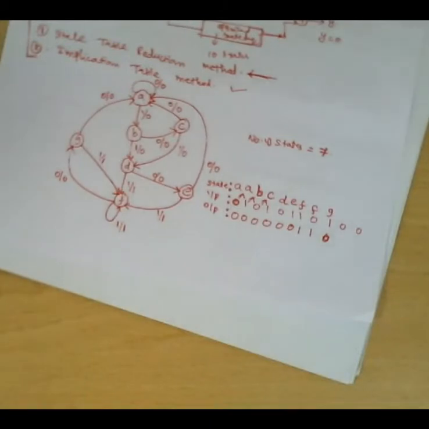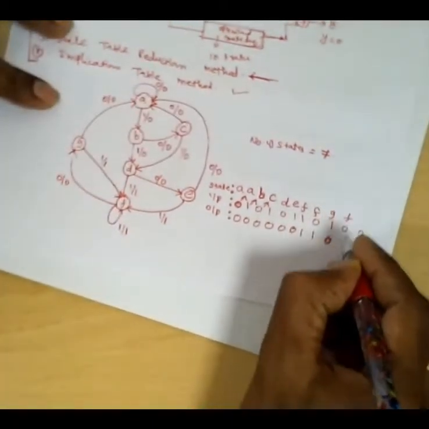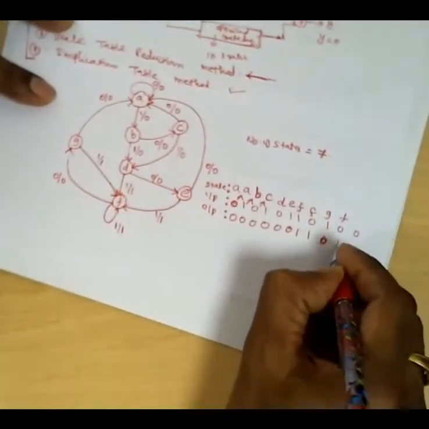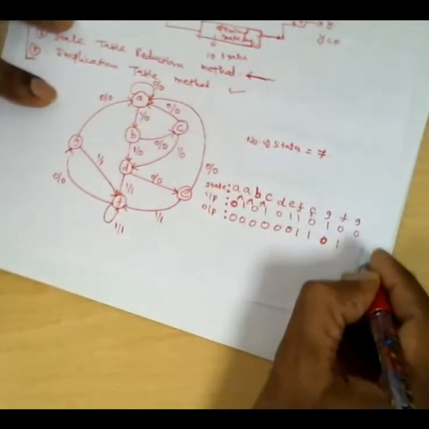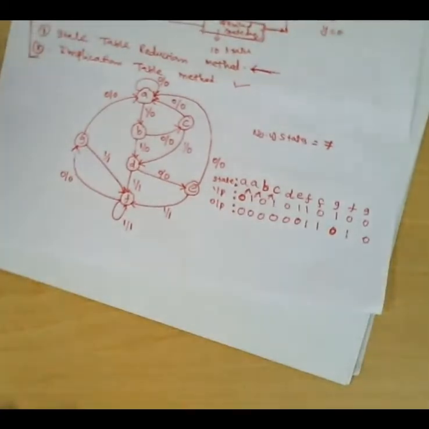We have just taken some random inputs and how the state is transferring there and what is the corresponding output. That only we are writing. So next state would be F, F output 1, next state G and 0. Okay, this much we keep. We will compare after the simplification now.